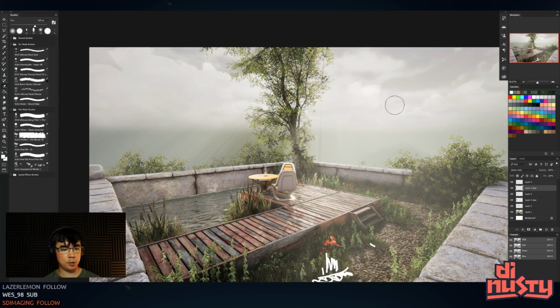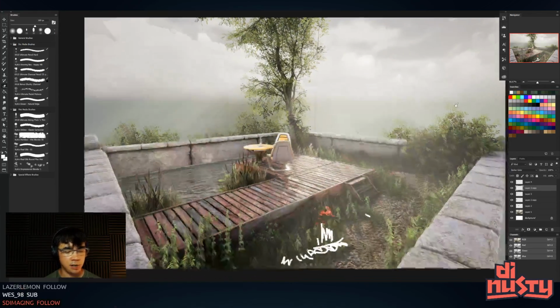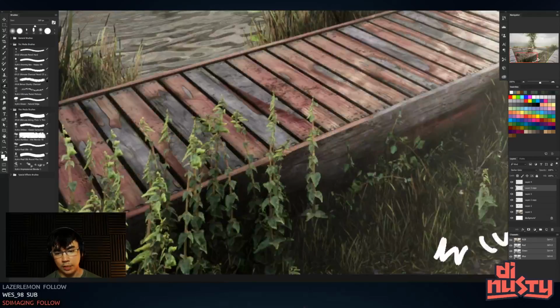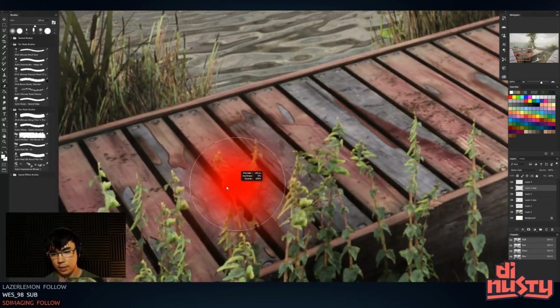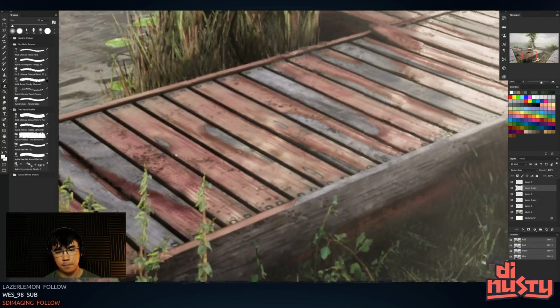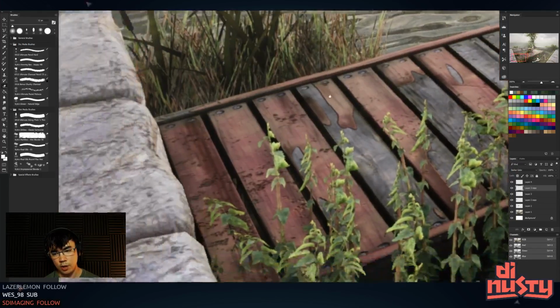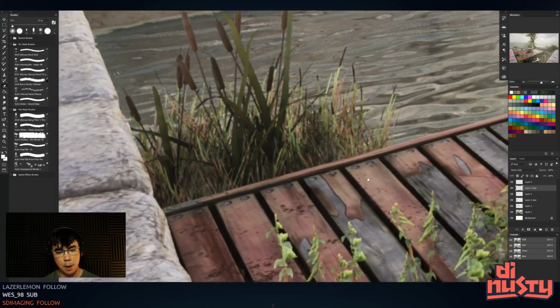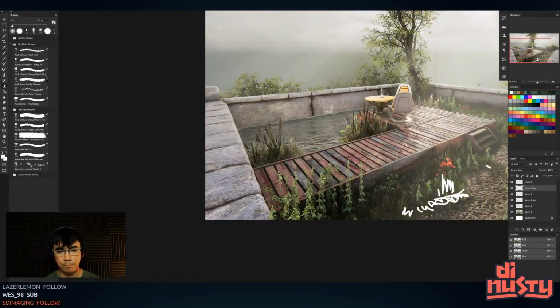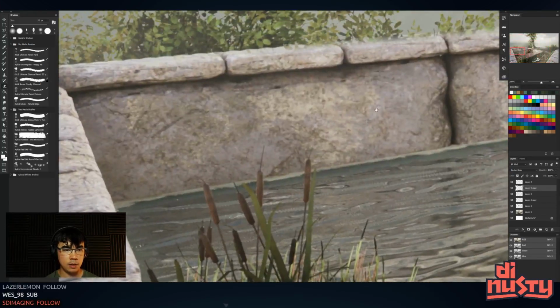I mean, you can even put a tree way back there that's just kind of lost in the fog. I really like this wood material too. It's pretty interesting looking. It is getting a little skewed here. It might be the FOV. And then maybe a little bit of